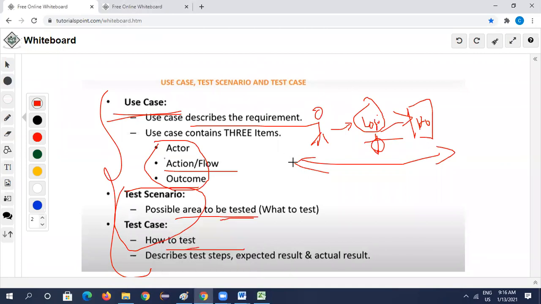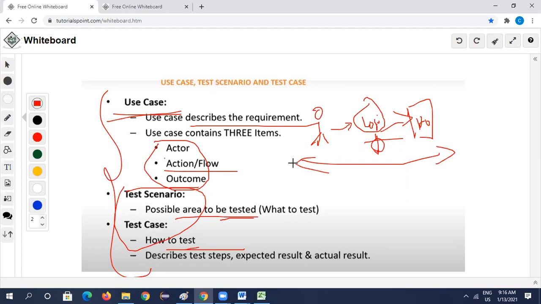Okay. So, can we say that use case is primarily designed for the business user and test case designed primarily for the testers? See, the intended audience is different. Here, one point is correct what you have said. Test cases are designed primarily and only for testers. Use cases are designed for usage of testers as well as business users.